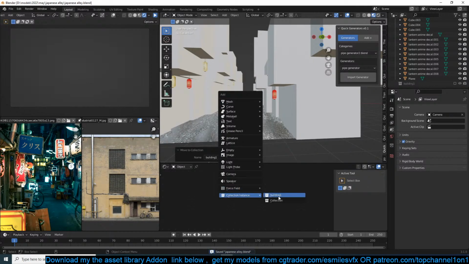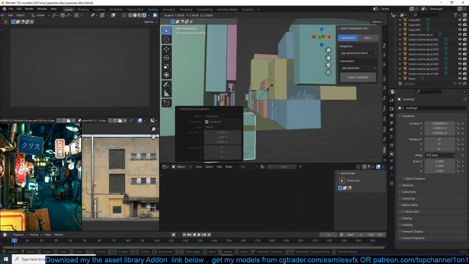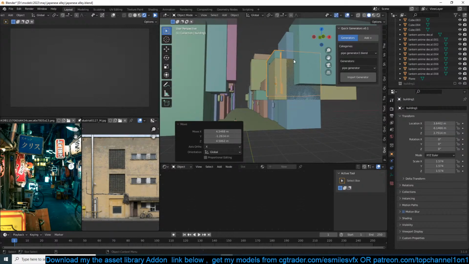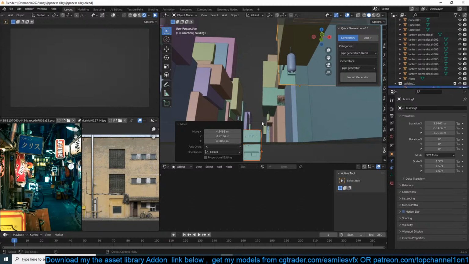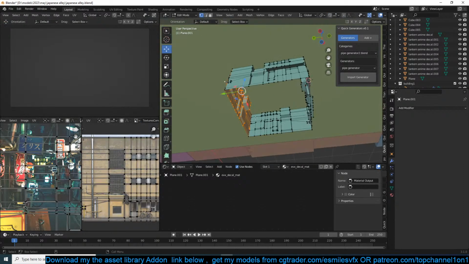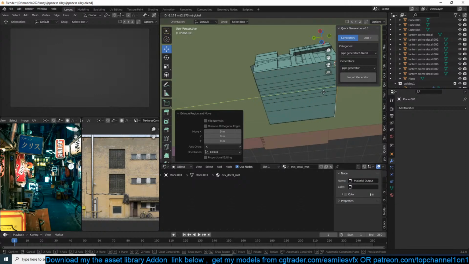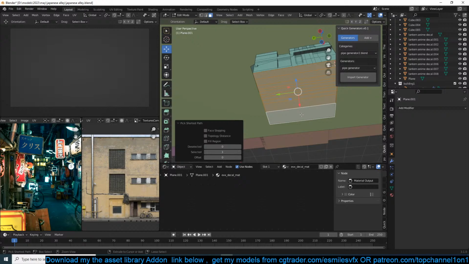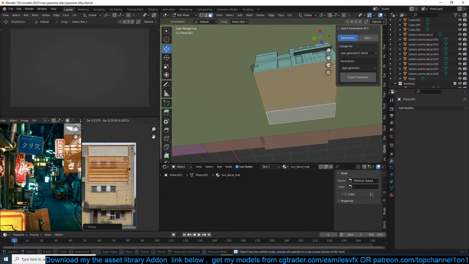I'll be posting it. Now we can start replacing some of these blocks, not all of them, but some of these, with the new building we have created. Actually, I need it to have a bottom because right now it doesn't. Let's go back to this. Now I'm guessing I can just extrude this and just unwrap, and I can have this around there.